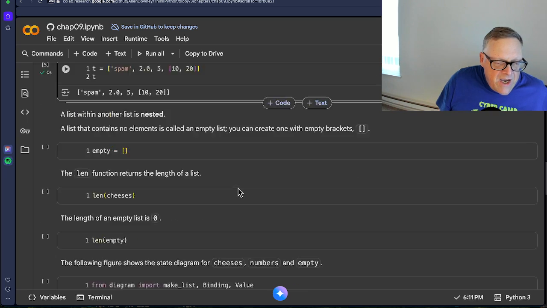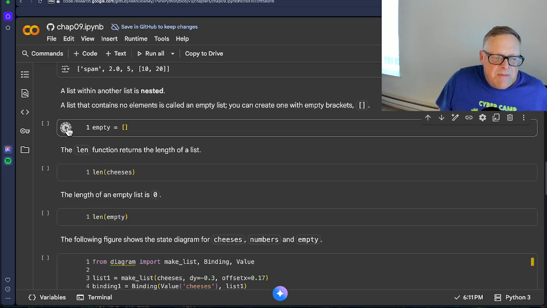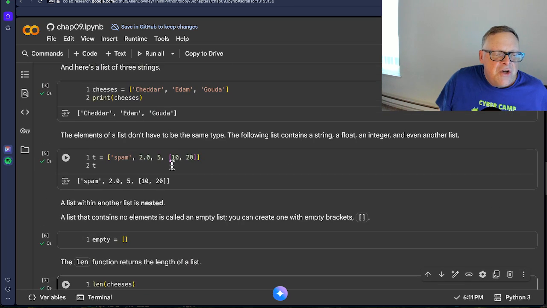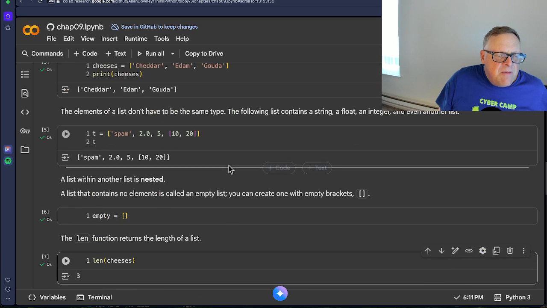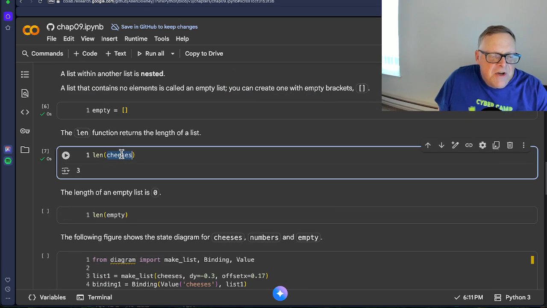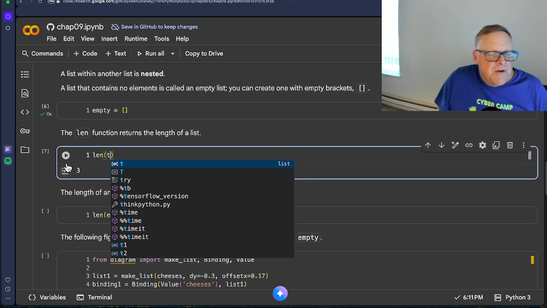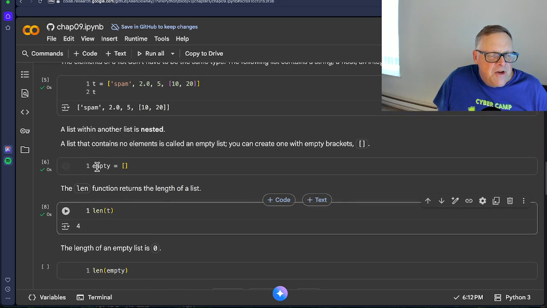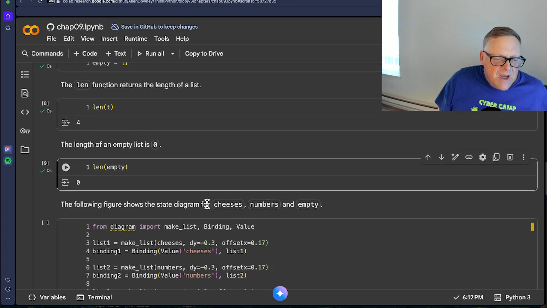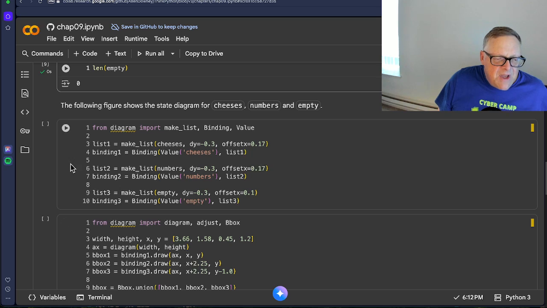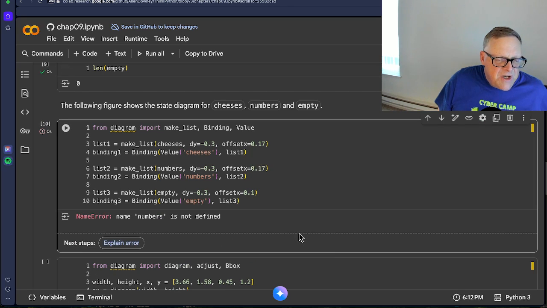So they're very handy. The empty list is just empty brackets. And the length function gives you the length of the list. So there are 3 things in the cheeses list. You can see them there. All right, and actually it might be interesting to do the length of the T list, which is perhaps a little not obvious. The T list has 4 elements, spam, 2, 5, and this list counts as 1 element at this level. All right, so an empty list is length 0, of course, and if they have a state diagram, they like to make these things. I don't really see the point, but anyway,